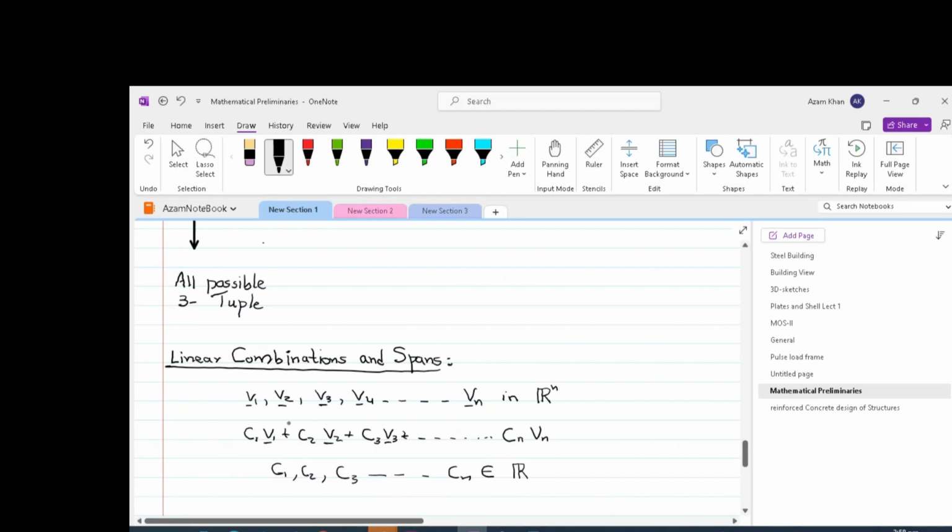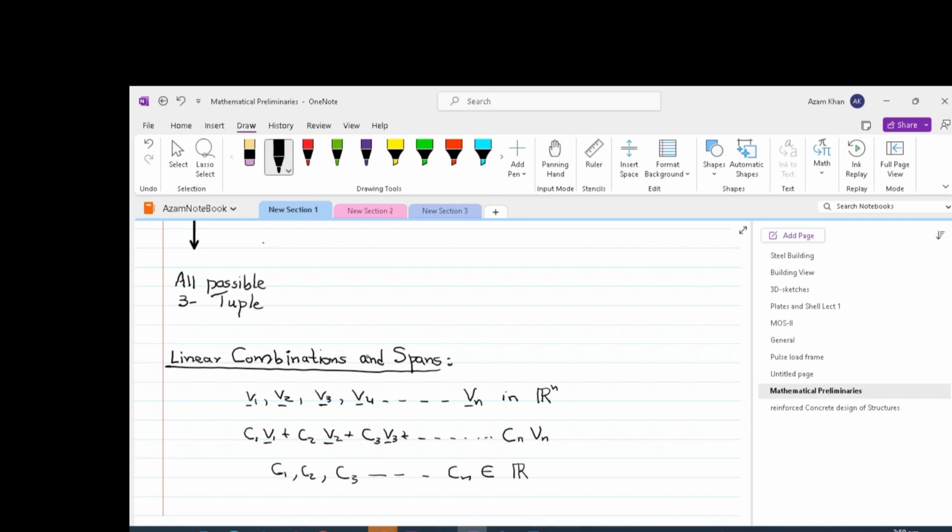Let us further discuss vector spaces. Two definitions which are very important with respect to vector spaces are linear combinations and spans. We'll first discuss linear combination. Linear combination of vectors is, as the name suggests, combining the vectors in a linear fashion and multiplying every vector